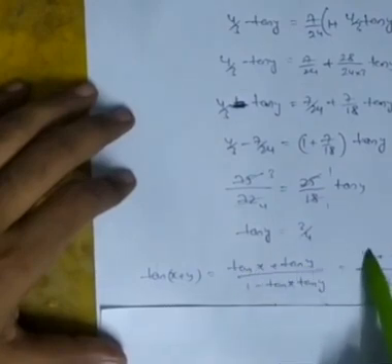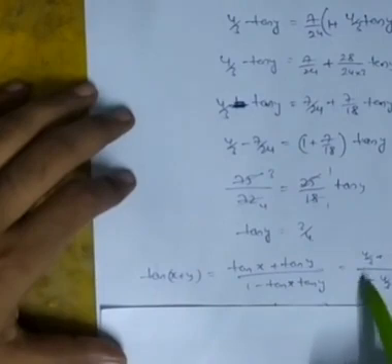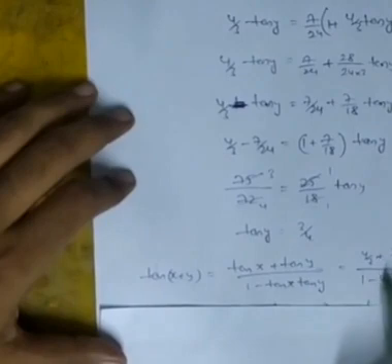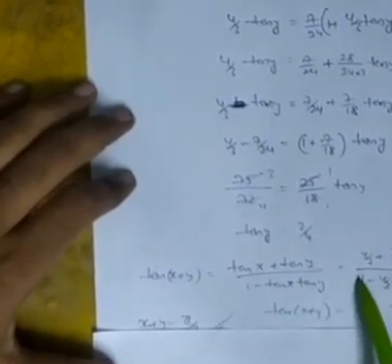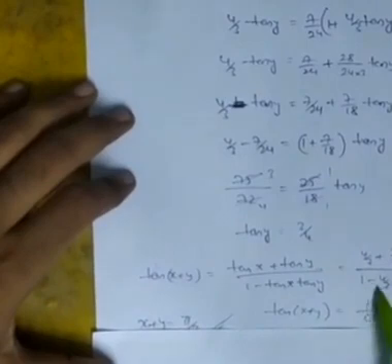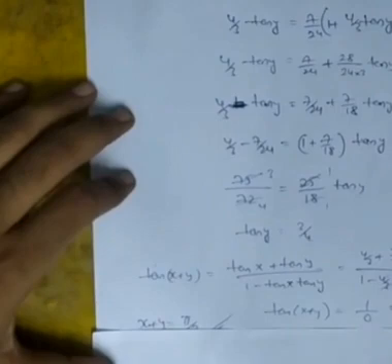So here substituting tan x plus tan y by 1 minus tan x tan y, because tan x is 4 by 3, and we also got tan y is 3 by 4. They will get cancelled. So here the denominator has become 0, because 1 minus 1 is 0. Something by 0 is infinity. So we got tan of x plus y equals infinity.